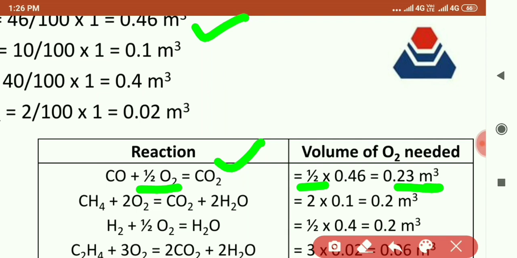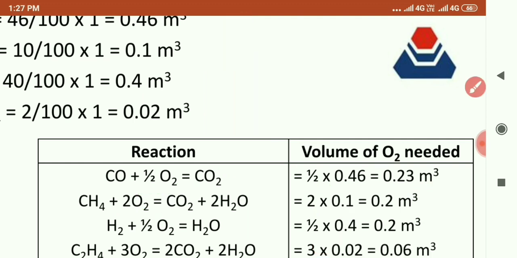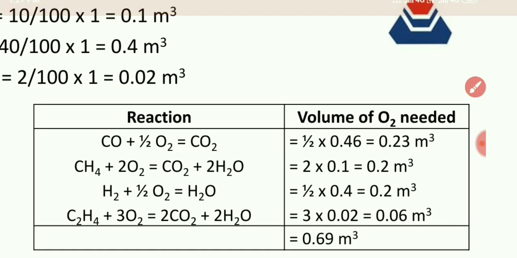कंबशन रिएक्शन लिखेंगे तो हम देखेंगे कि इस तरह से कंबशन हो रहा है तो कितने मोल ऑक्सीजन का रिक्वायर्ड है, 2. तो 2 इंटू 0.1, यहाँ पर आपने निकाला था 1 मीटर क्यूब में कितना वॉल्यूम प्रेजेंट है, तो यहाँ पर 0.2 आ गया। सिमिलरली H2 का कंबशन ऑक्सीजन की प्रेजेंस में करा रहे हैं तो 1/2 इसका रिक्वायर्ड, सो 1/2 इंटू 4 कर दिया तो 0.2 आ गया।